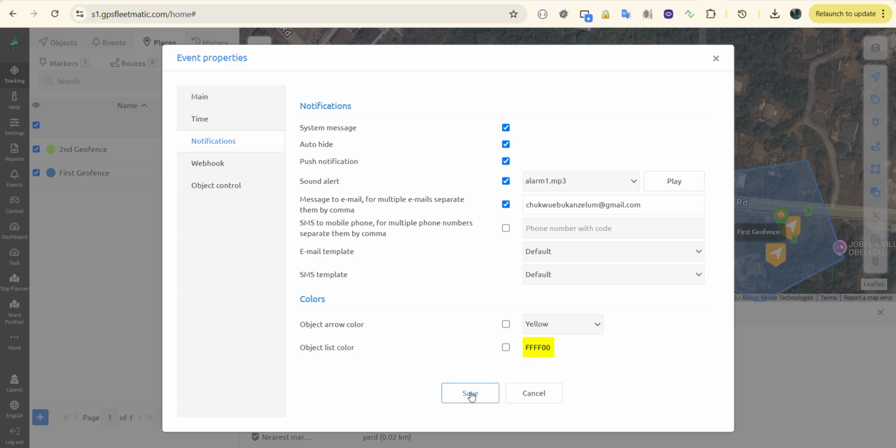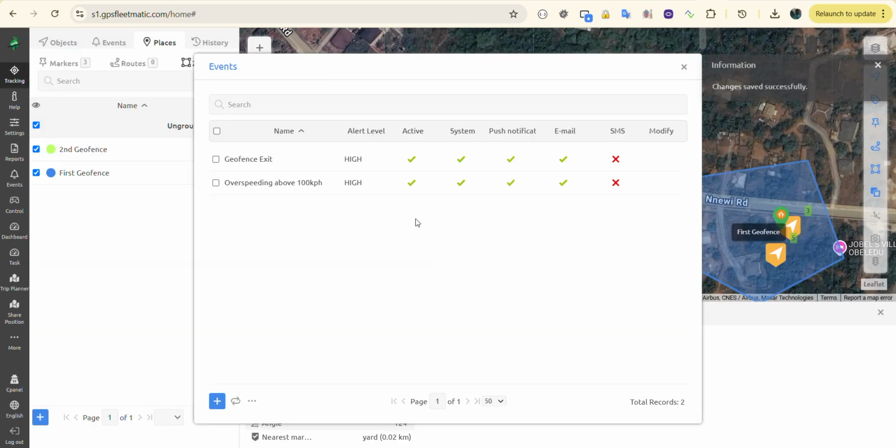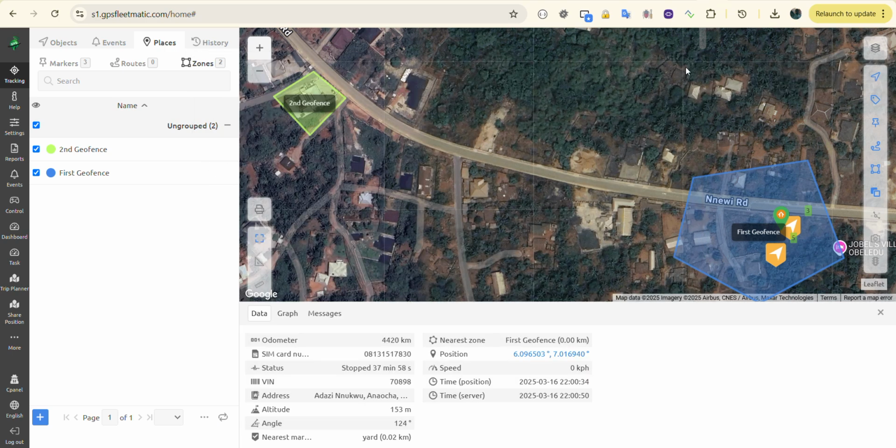Okay, and I'm going to save it. Now I have a geofence exit created. So within a fraction of time, 10, 15, 20 seconds, if the system detects that by this time of the day this fleet is still outside that geofence, I will be notified, because I want them to always be there 24/7. Then the next one we're going to discuss is